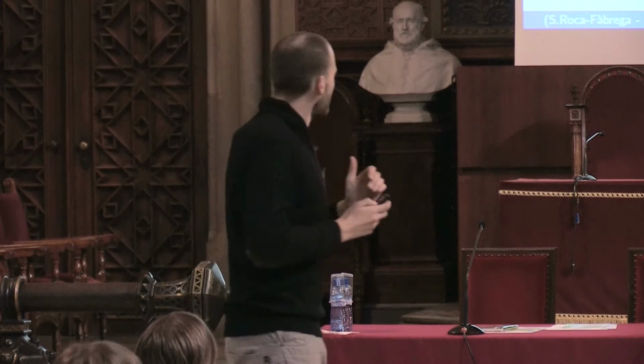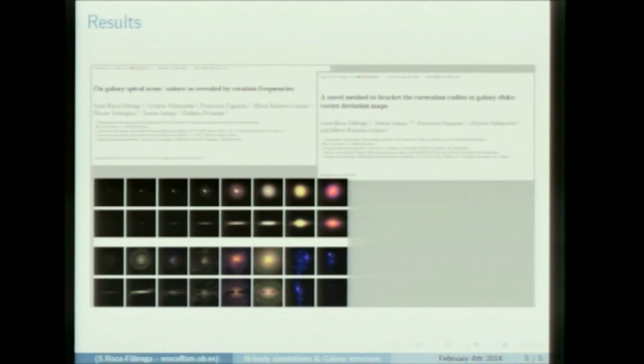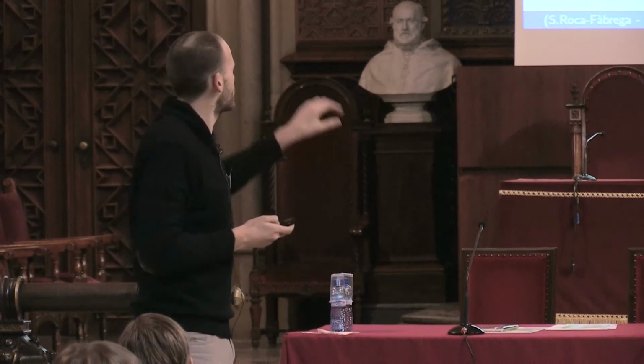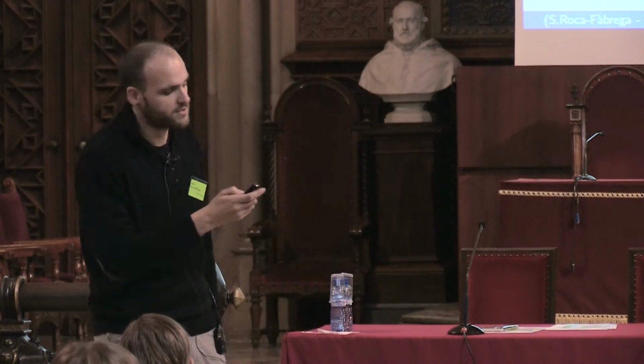Well, some results we obtained is that we found that several different spiral arms are present in galaxies. For example, we have spiral arms rotating like a rigid body when a bar is present in the center of the galaxy, but we have spiral arms rotating in a differential rotation if the galaxy has no bar. We have also seen that we can find the co-rotation, the place where the structures and the disk are rotating at the same speed, only taking into account the kinematics of the stars. And we have also seen some special galaxy that has 2 bars misaligned in the case of hydrodynamical simulations.